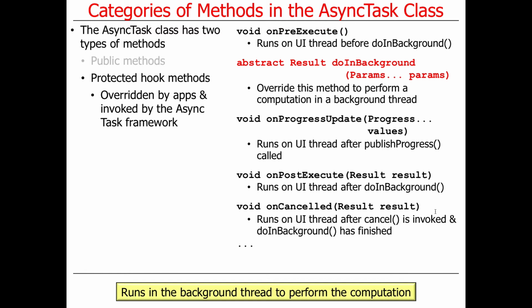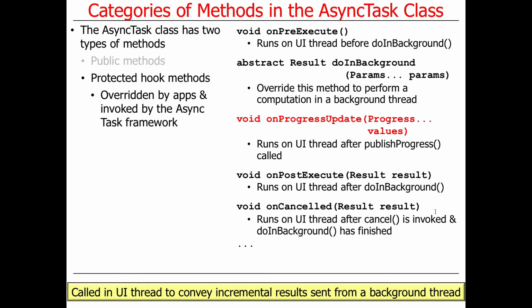doInBackground must be overridden. It's the one and only hook method that has to be overridden, otherwise nothing useful would happen. And this performs a computation in the background thread on the parameters that are passed to it. And we'll talk about how those parameters show up here in just a second. So this is what actually does the work. And keep in mind that doInBackground cannot directly talk to the user interface toolkit components. If it wants to talk to the user interface toolkit components, it does it by basically having this hook method,